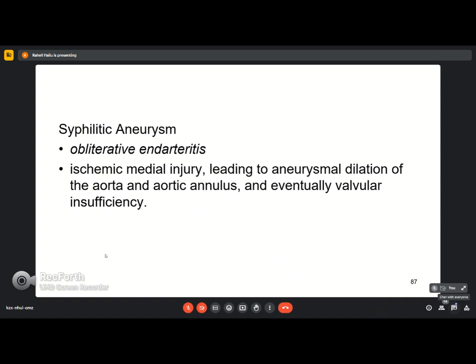So a particular type of aneurysm, known as the syphilitic aneurysm, is characterized by obliterative endarteritis. What we mean by obliterative endarteritis is a kind of inflammation that completely obliterates or occludes the lumen of small vessels. So this is a pathologic process that involves the very small vessels, not the tough muscular vessels, but the very small vessels. So syphilis mainly affects the vessel wall of, or the response to the syphilis mainly involves the vessel wall of,